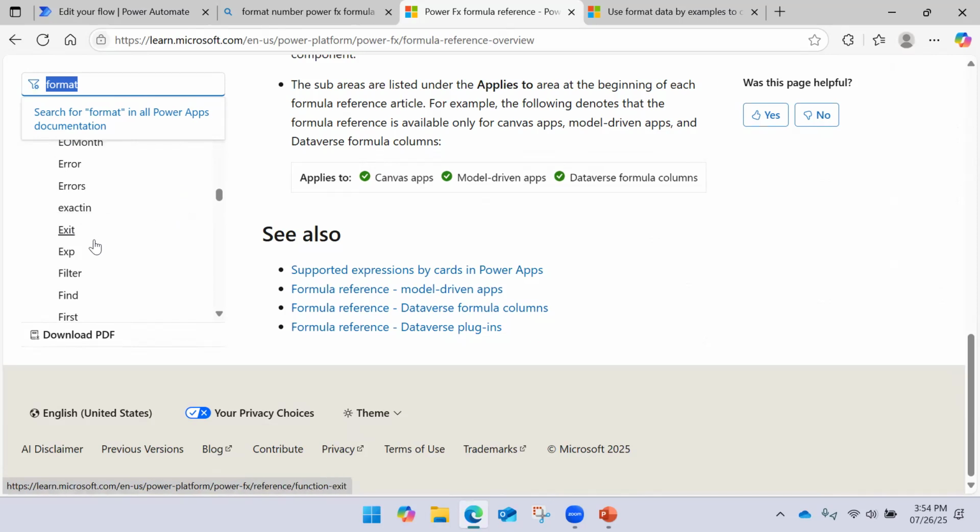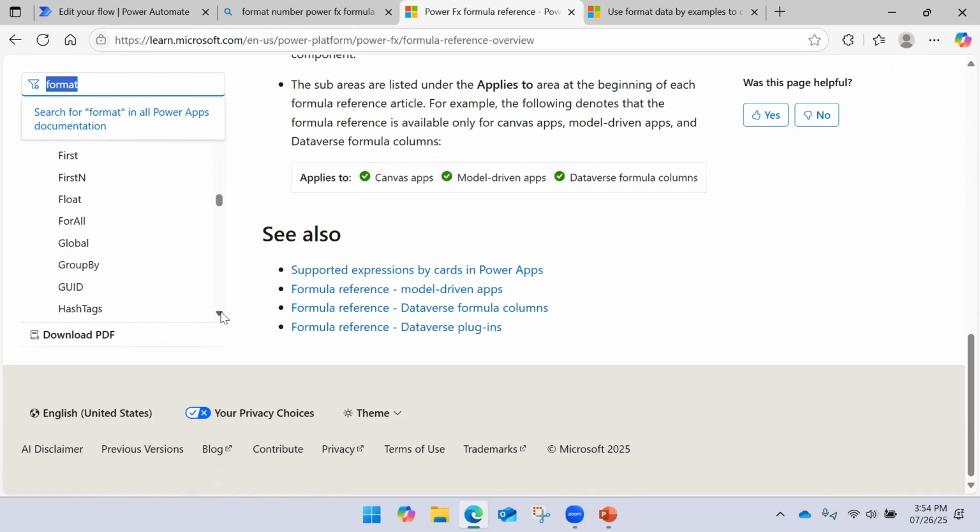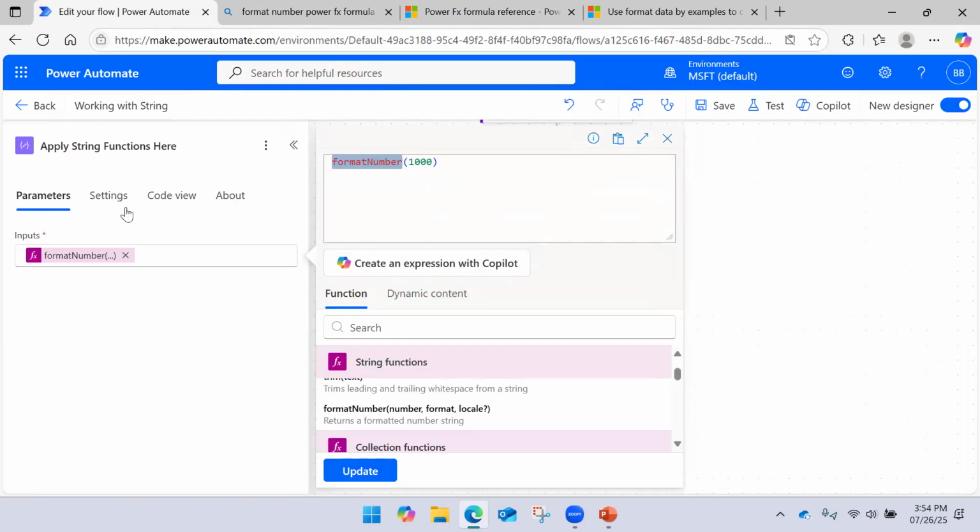Filter, find first float. I can't see that formatNumber function. Not sure how this is coming here, but yes, I need to see what kind of argument should be passed.